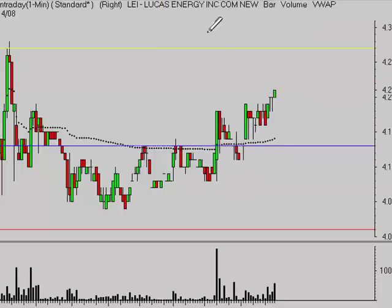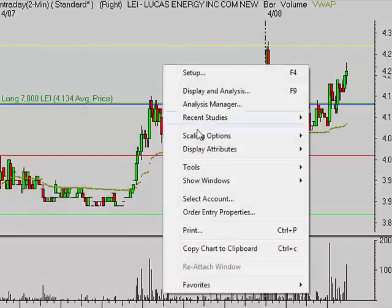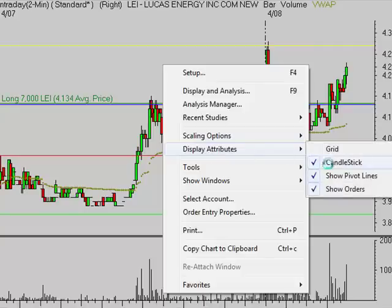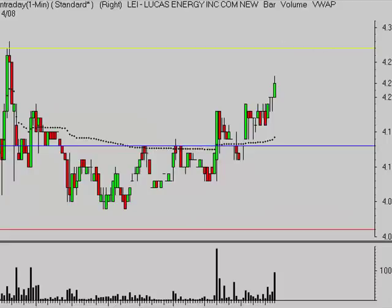And what we can see here, we'll look at the 2-minute chart. Here's my average price right now. And why is that order not showing? It should be showing. The order is live, so I don't know why it's not showing. Let me just go in here and show orders. So again, I'm not sure exactly why that's not showing at this point, but I do have a live order